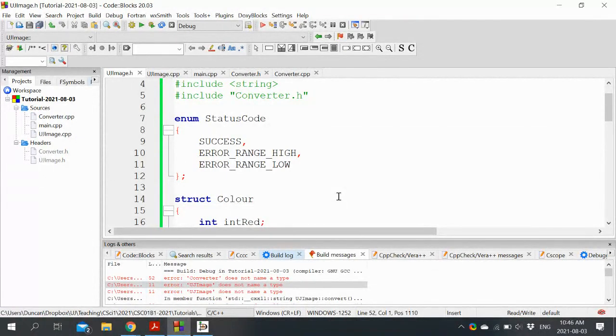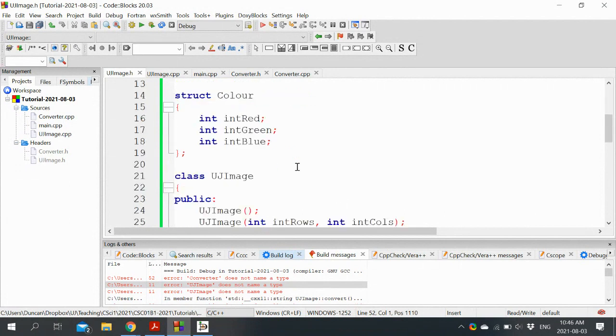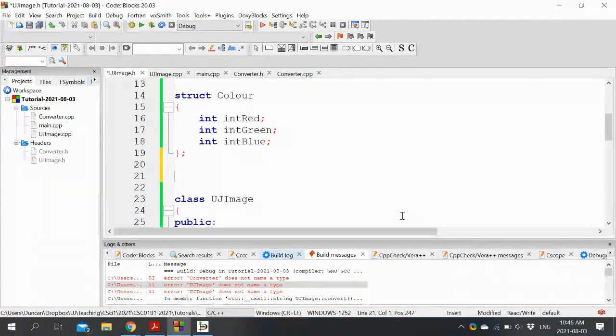And the question is, can I do the same thing with the class? And the answer is yes. You can create what's known as a forward declaration of a class. It's just like a function prototype, but for classes. It's basically a promise to C++ saying, in the future, before you finish compiling this program, you will find an implementation for this class. But for now, calm down. Everything should be okay. So hopefully this will solve it.